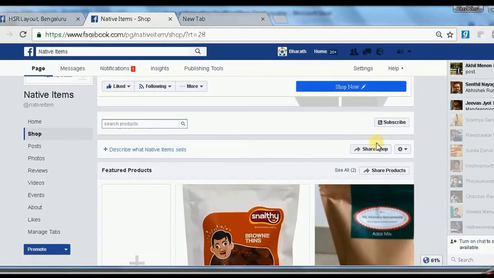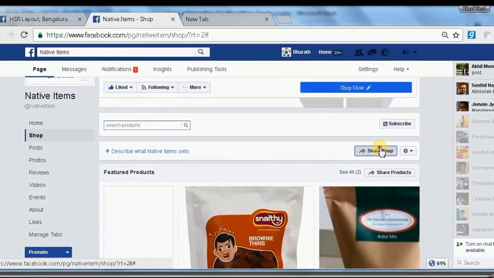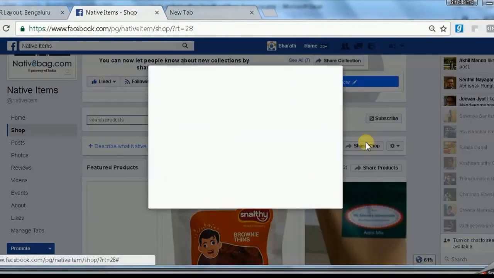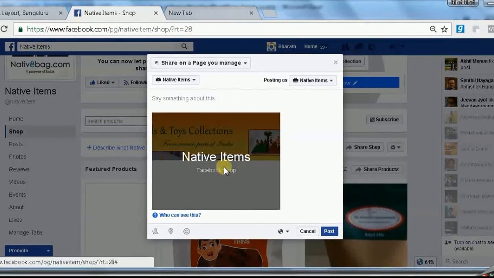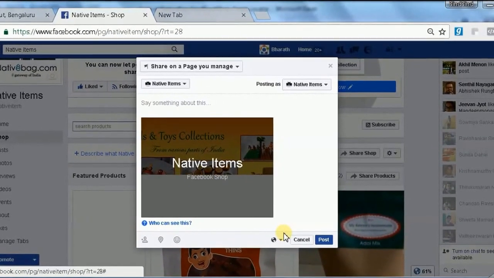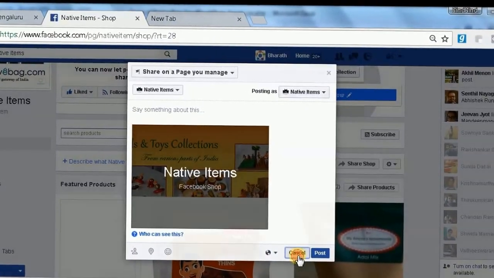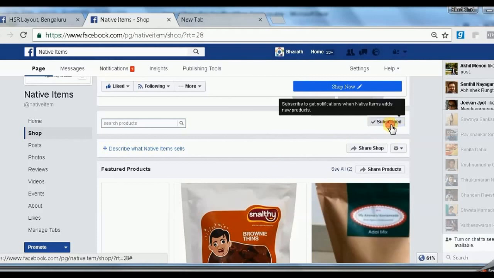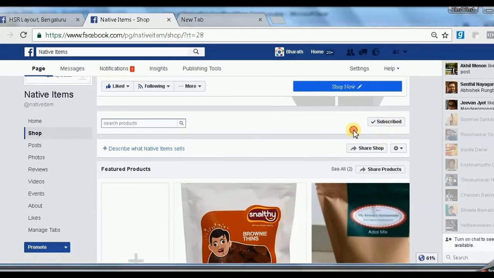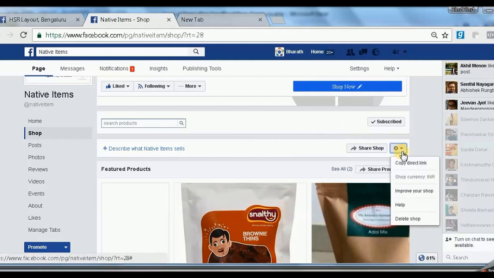Here there is a share shop button, so you click on that and share your shop to your Facebook page feed. So all your page fans will come to know that there is a shop existing, and here they can in fact click on subscribe and subscribe to the shop, so that they'll come to know about any new products added.